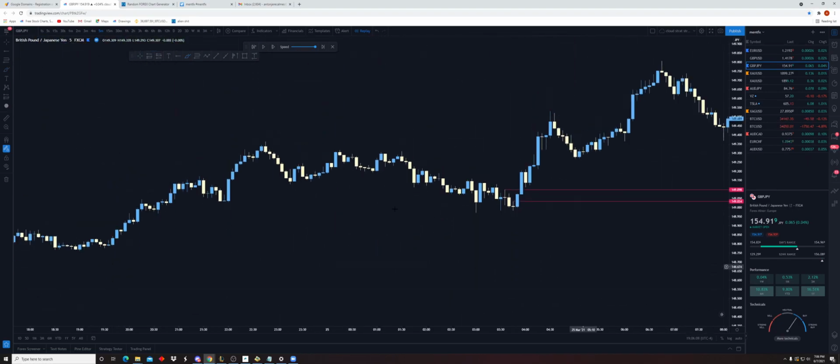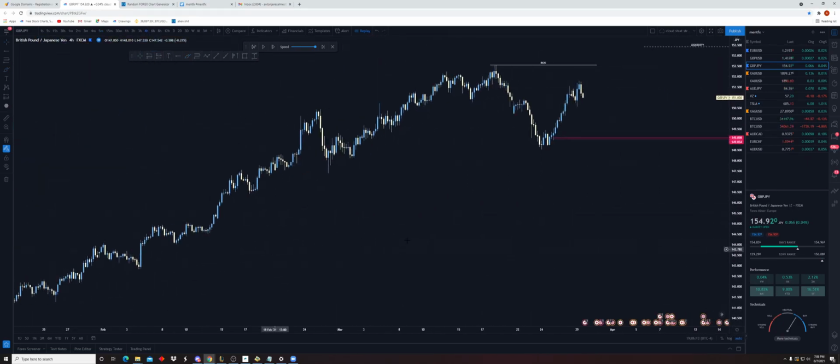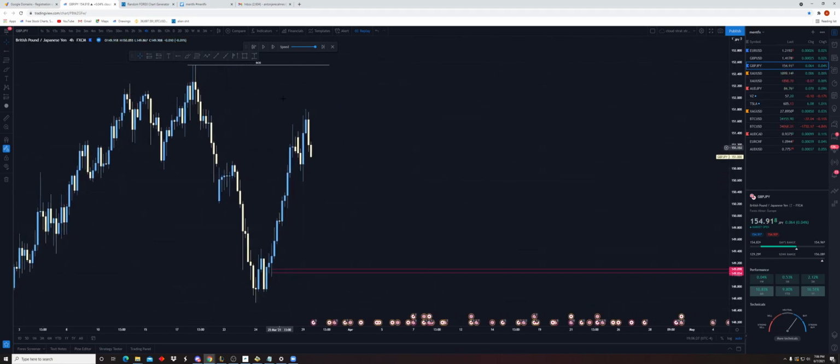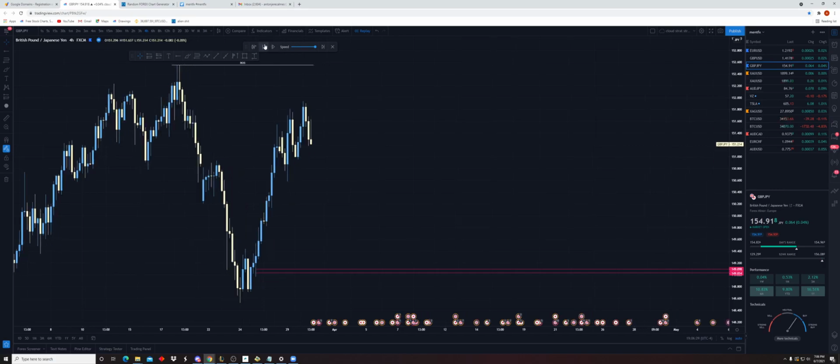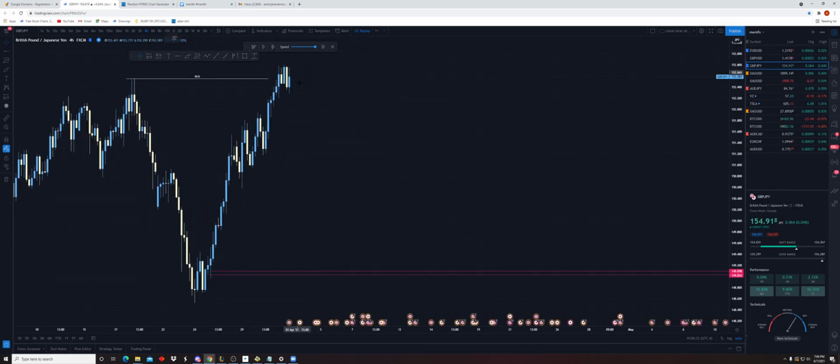So we have that basically done. We'll go to a 4-hour. And now, again, like I said, the positives of having this refinement done, right? So what we're looking for is this whole area that on a daily was a very large area has been refined to really 0.01 pips from a 90 pip move, which gives you a very good idea as to where you can expect price to go. So price does break that structure, right, on that daily. And now we expect that it wants to move all the way back in, tap in, and then move to